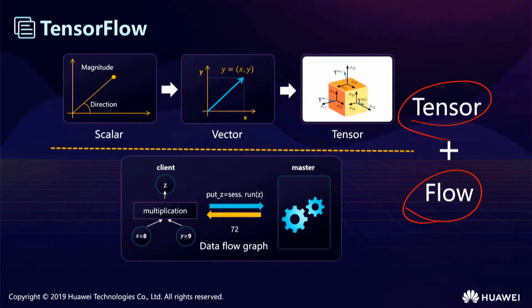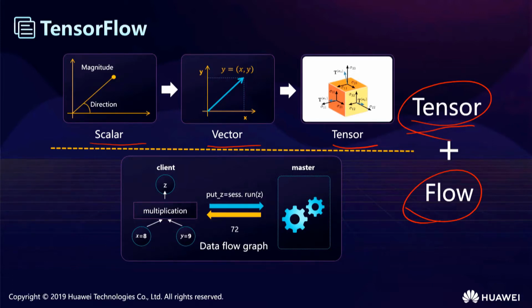We all know scalar and vector, so a scalar is zero-dimensional and a vector is one-dimensional, so a tensor is multi-dimensional. We can represent multi-dimensional data with tensors, and flow describes data transmission, just like